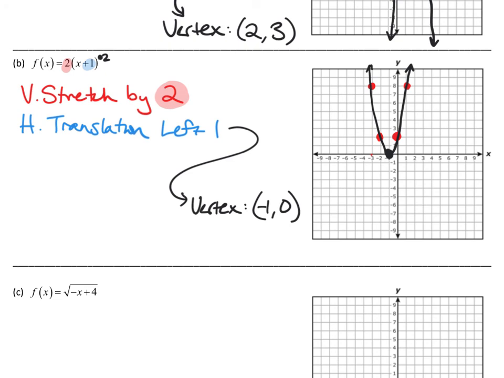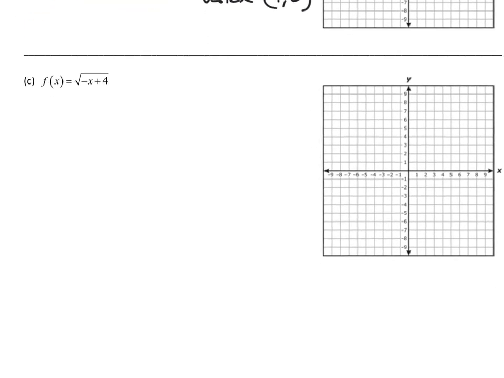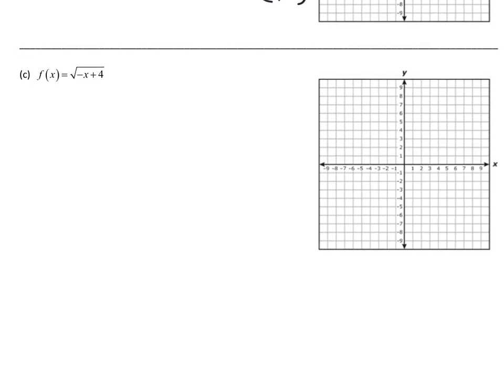The last function that we're going to graph here is no longer a quadratic. It's actually a square root function. And we know a few things about square roots. We spent a lot of time talking about them when we talked about the 12 basic functions. But this is a transformed square root function. It's transformed by a reflection over the y-axis and a horizontal translation